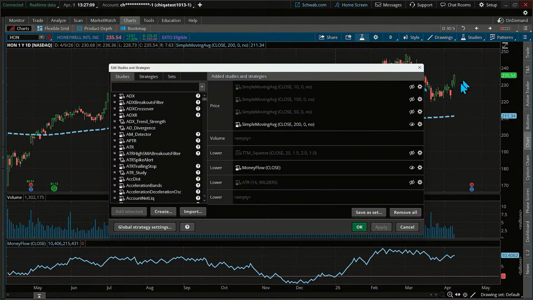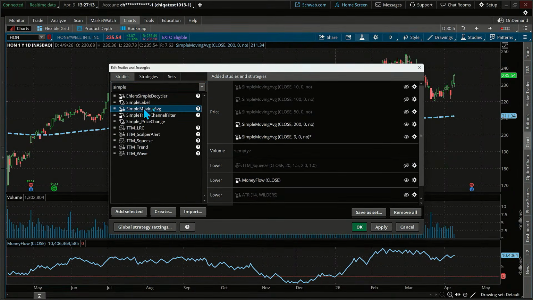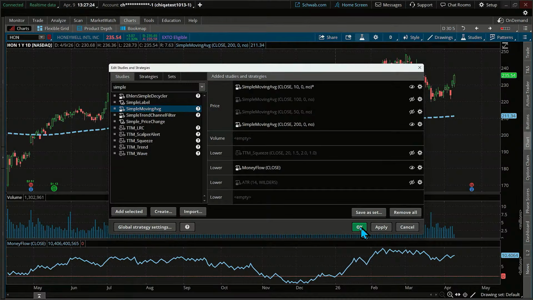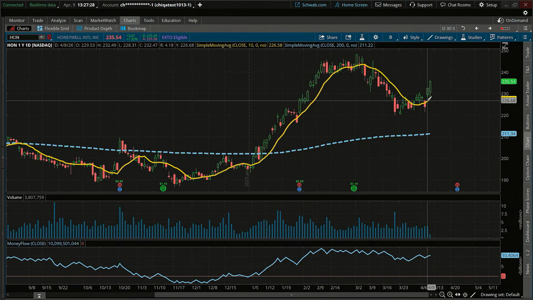Let's just throw in that 10 moving average so you guys can see it. Simple moving average right there on the chart. Oh, I had one. Okay, forget it. We'll just use it up here. Here's my 10 period. I got to change that color. And there it is. We should have just gone over the last 2 days. We did. Notice we closed below right there.